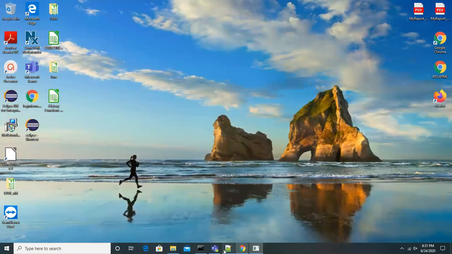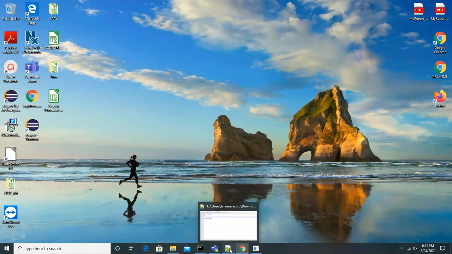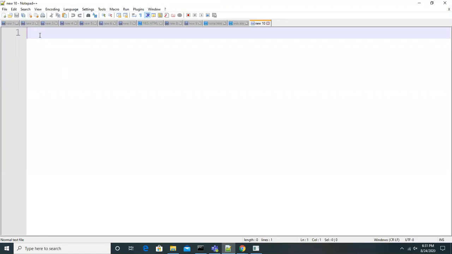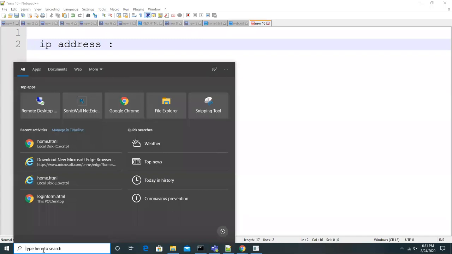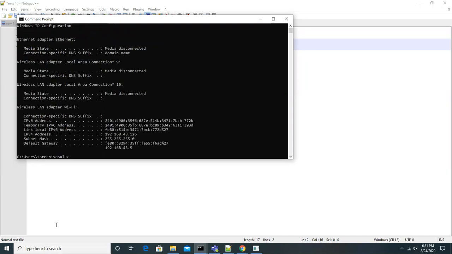Whenever you install the server, the server is installed on some machine. So what is the IP address of that machine? To access any web application after deploying, you should know some information. What is that? The IP address of the server where it is deployed. What is the IP address, guys? How to know the IP address? Go to that server where you installed it, and you can know by using this command, that is ipconfig. So you can see that here.